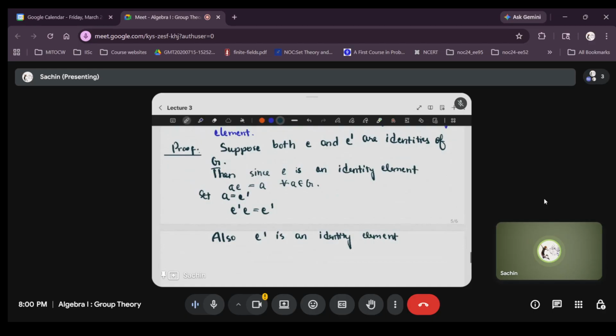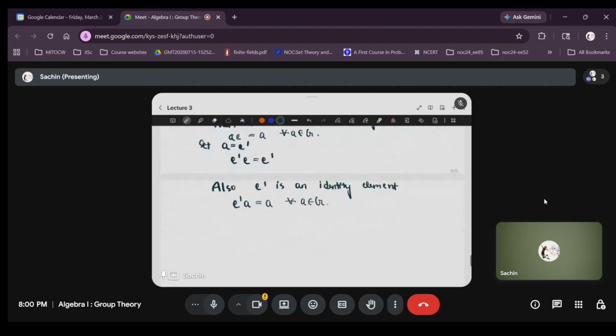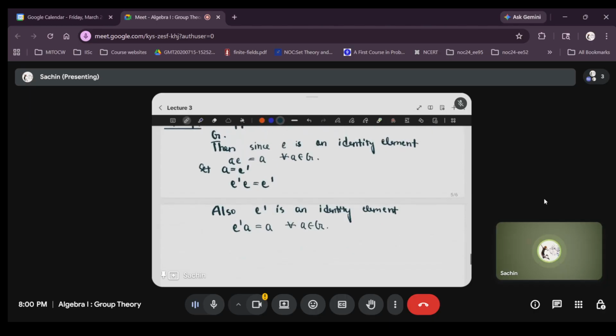So for any a in G, e prime a is equal to a for all a in G by definition. This means if I set a equal to e here, or if a is confusing, we'll just write it as b everywhere, if b is equal to e, then e prime e is equal to e. (2)